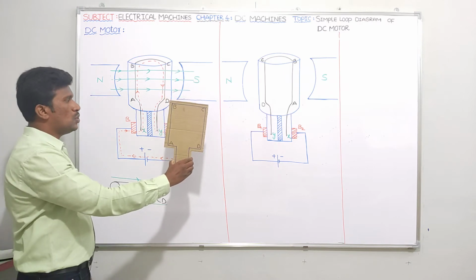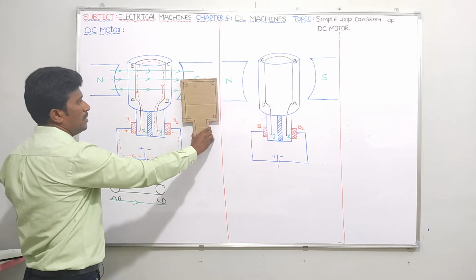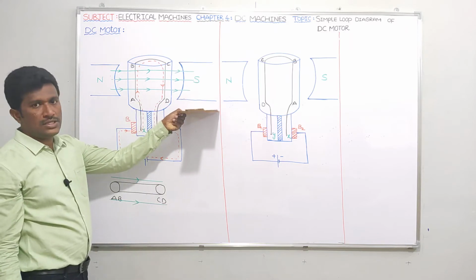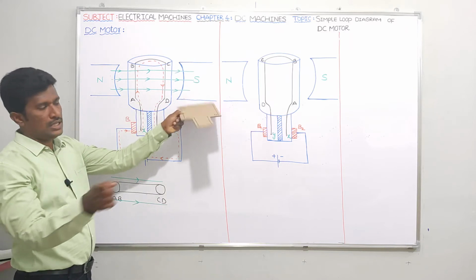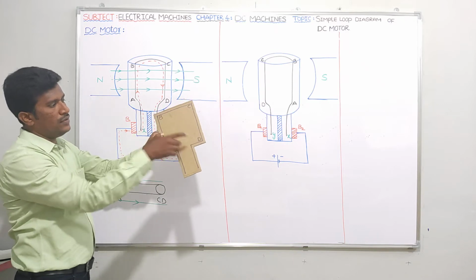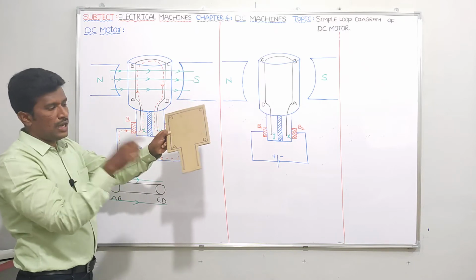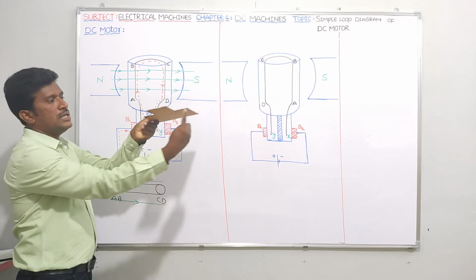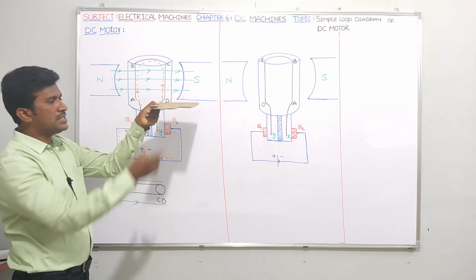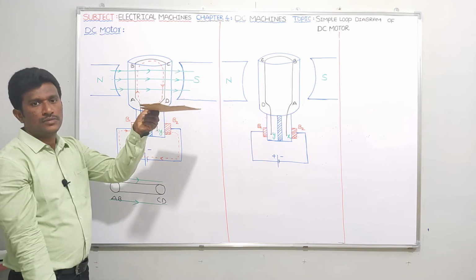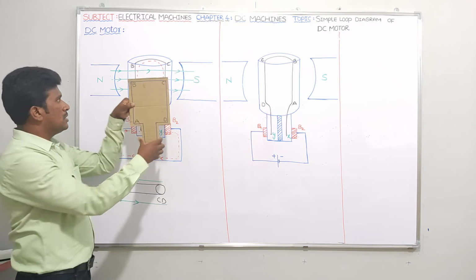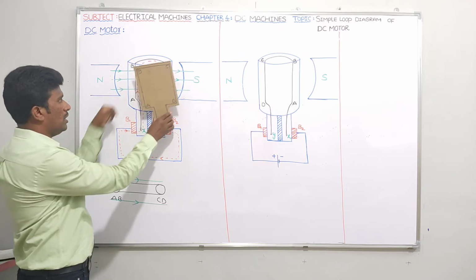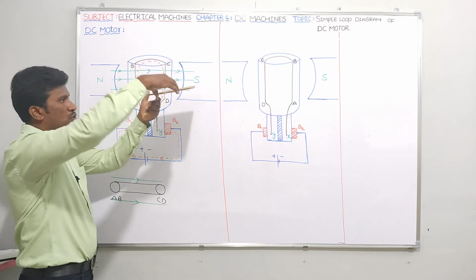So practically, guys, don't expect that ABCD will be like this. It will be like this, in this manner. See guys, if I show like this, you cannot see the indication A, B, C, D which I wrote. Please try to assume that here A is there, B is there, C is there, D is there. AB is a conductor on this side and CD is on this side. Your ABCD coil is like this. Now tell me, guys, this figure only, instead of showing like this, let me show like this.